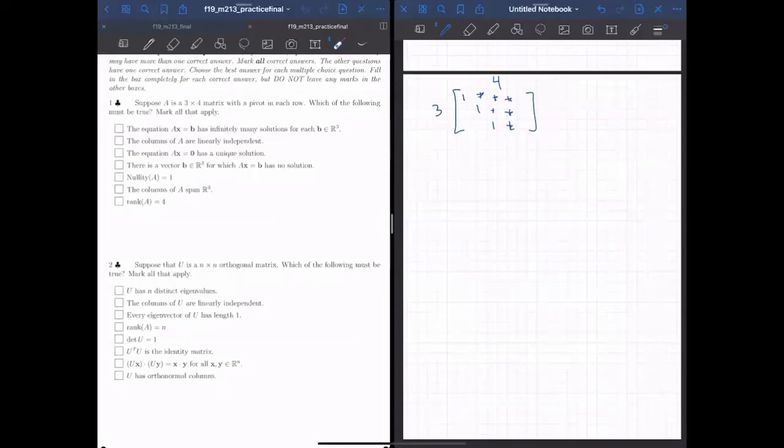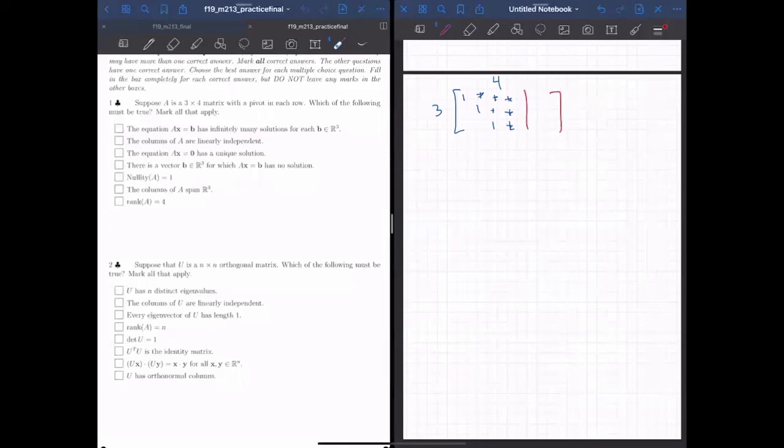Is that going to be true? Will it always have infinitely many solutions no matter what B vector you plug in? Yes, it will. And the reason is, if we write this down as an augmented matrix,